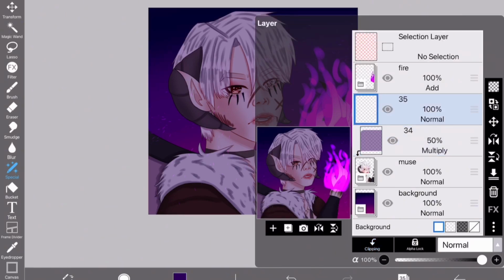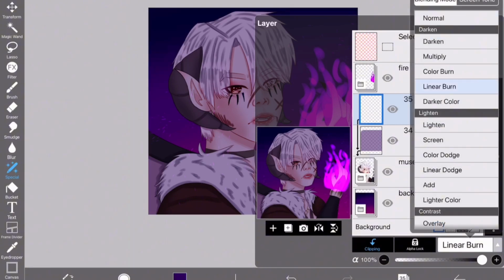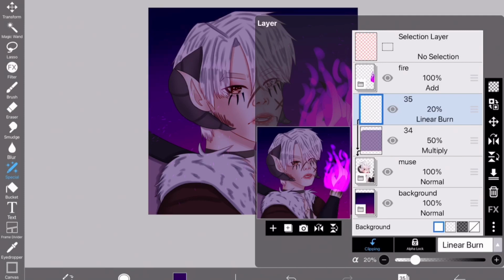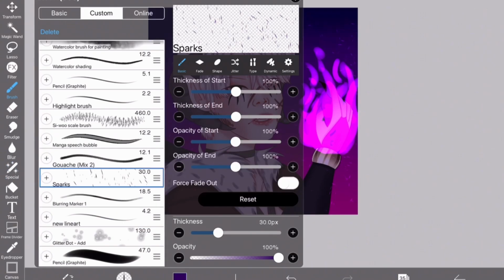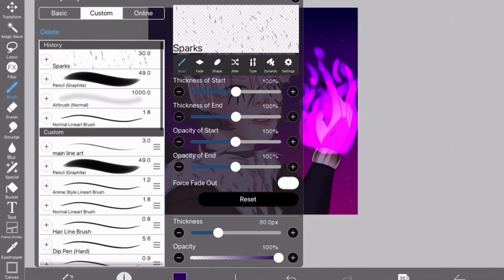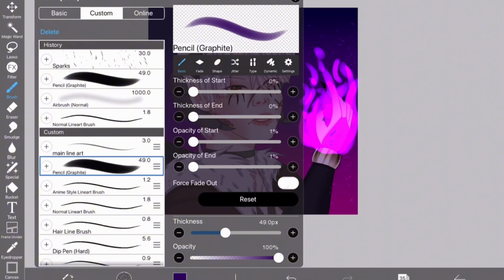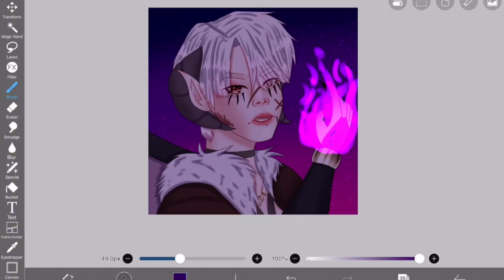Next you're going to make another layer and clip it. What you're going to do next is click linear burn and set it down to 20 to 30%. I'm going to go with 30% here. The reason being is we're going to make some sharp shadows. So take your favorite shading brush or a sharp brush. I'm going to use my classic shading brush, pencil graphite, and you're going to go in and make shadows under stuff,